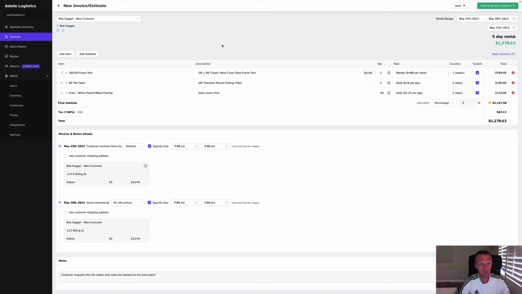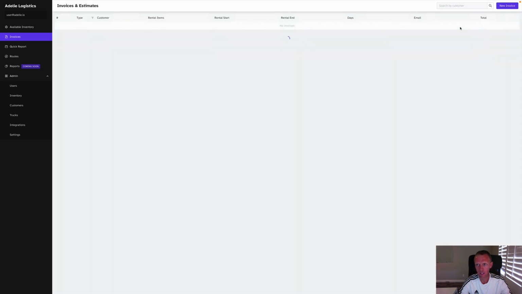So at this point, I'm finished putting in all of the data that I need for my invoice. And now I have some options. I can either just save this as a draft, or I can save it as an estimate and send it to the customer to review. I can save it as an invoice, meaning I'm going to book it and the items are going to go out of my available inventory during those days. Or I can save invoice and send it to the customer. And then outside of that, I can also save and receive a payment. We'll go over receiving payments in a different video. So for right now, I'm actually just going to save this invoice